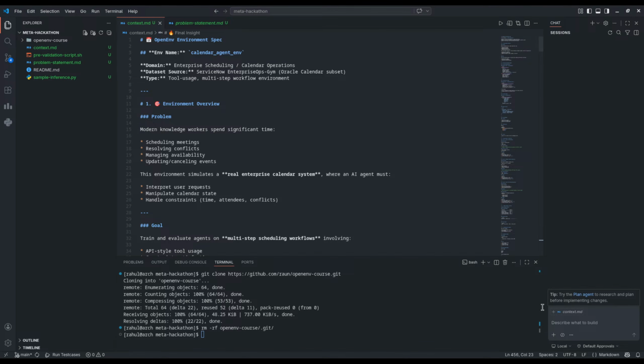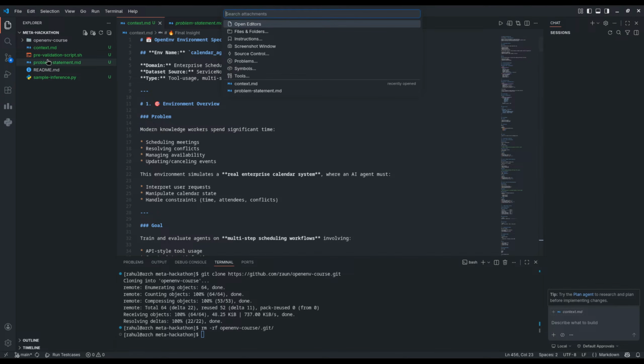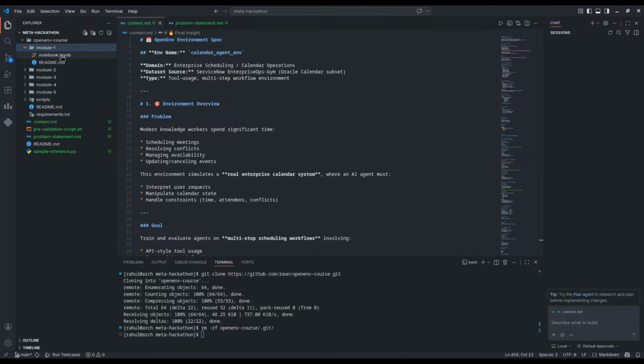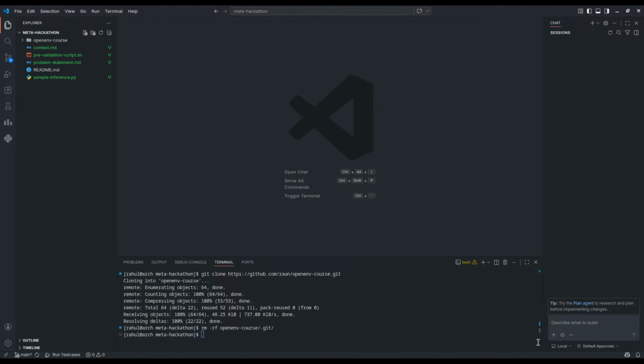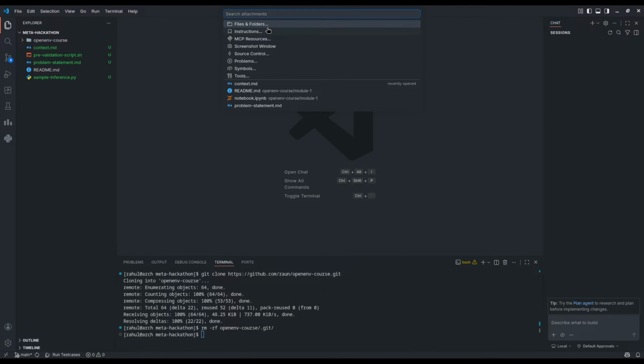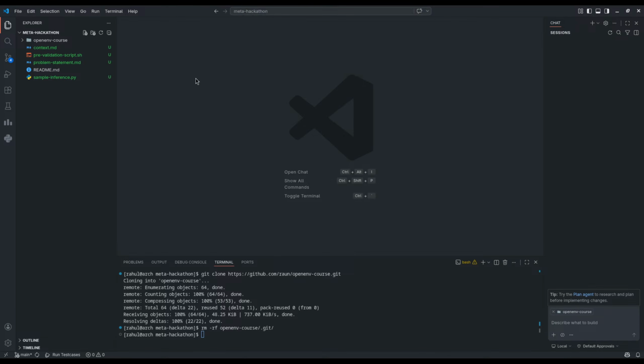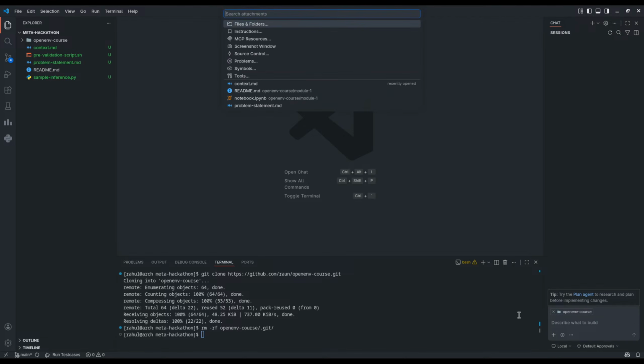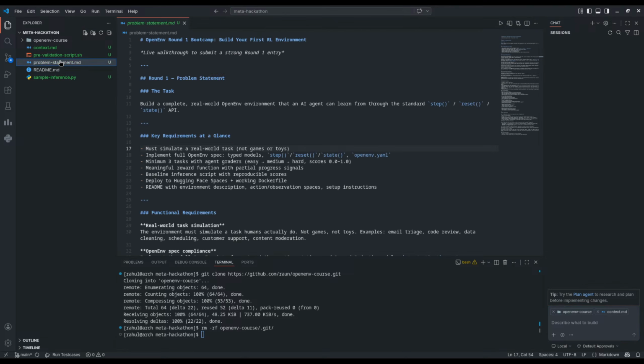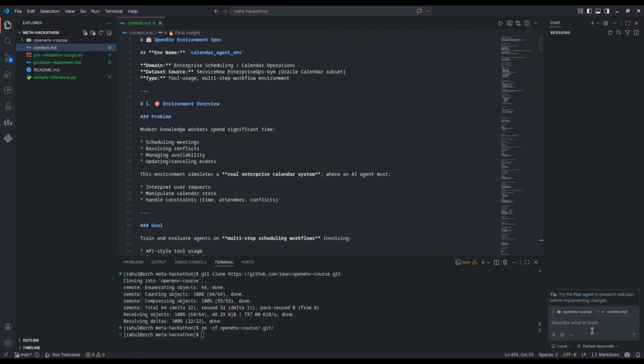What I needed to do is to write those concepts. Files and folder. This thing. Context. So let me remove context. This is the problem. Okay.